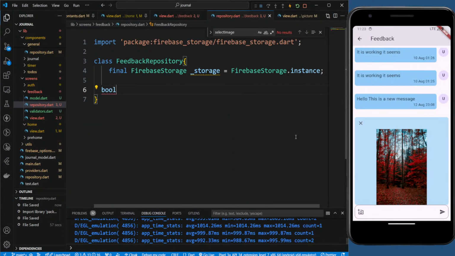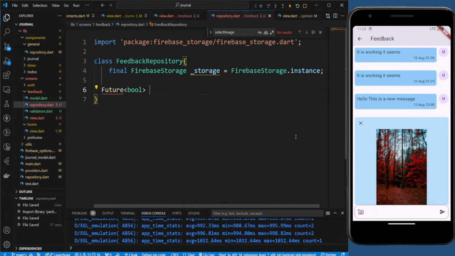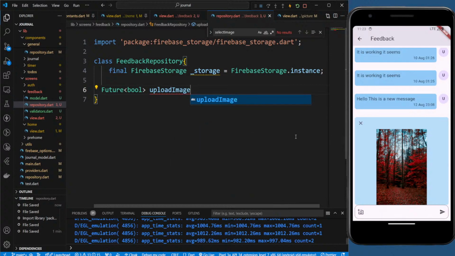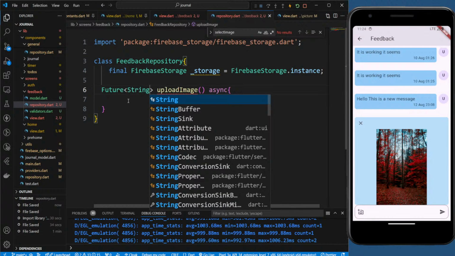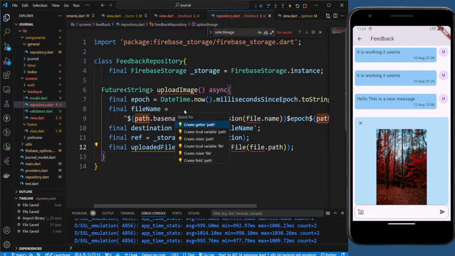We'll get a future of boolean actually. Load image, not boolean, we will get a string. Okay. And here we put this path, we need to import the